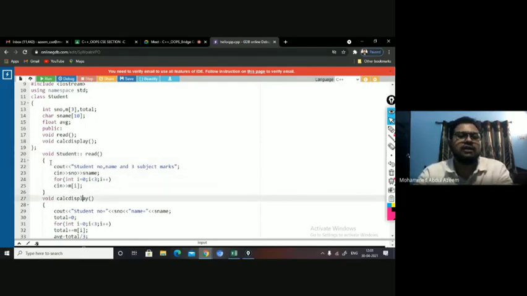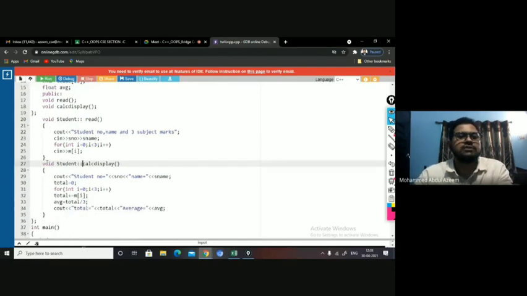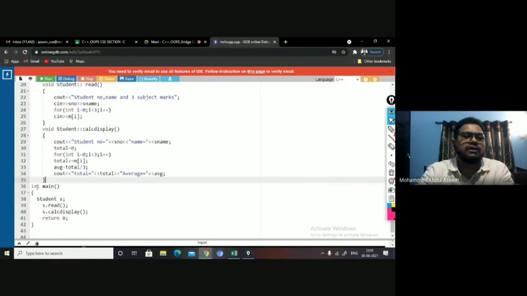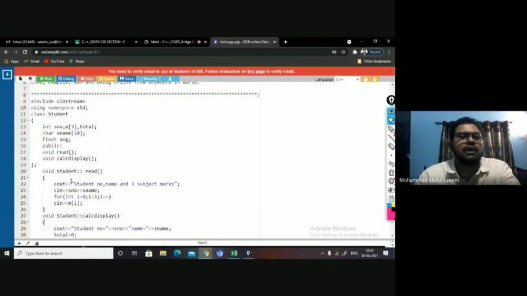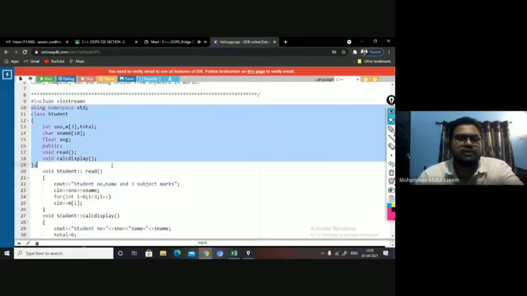So similarly here again, calculate display function source code when I'm writing outside the class. You can see first I write the return type, then I mention the class name, then I mention the scope resolution operator, then I mention the function. That's it, right? So writing this way will help me in reading the code in a more efficient way, right? So see, if a person is not interested to know the details of the functions, he need not read the entire thing, right?